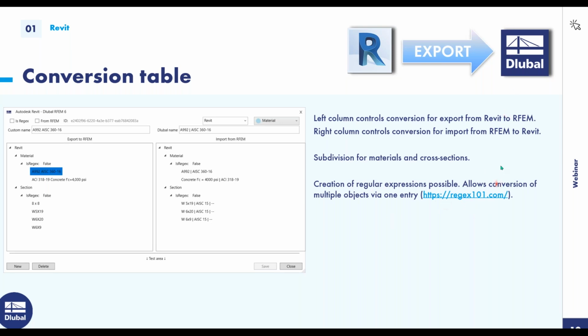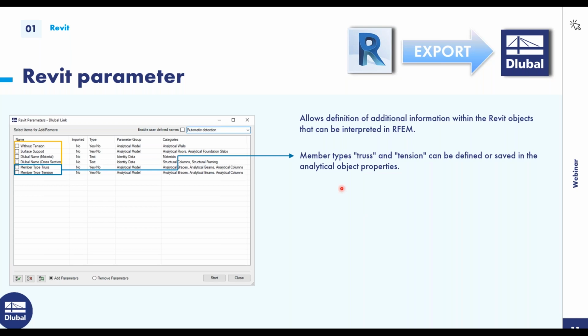And then the next topic is the doable parameters that are found in Revit. So with this function, you can release or add additional parameters into the analytical properties in Revit. So from the 6 that we have listed here from previously, only 2 of these right now we have working